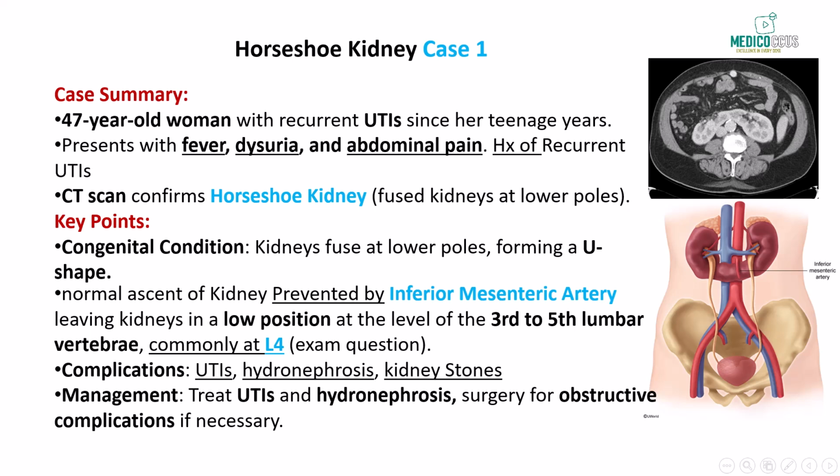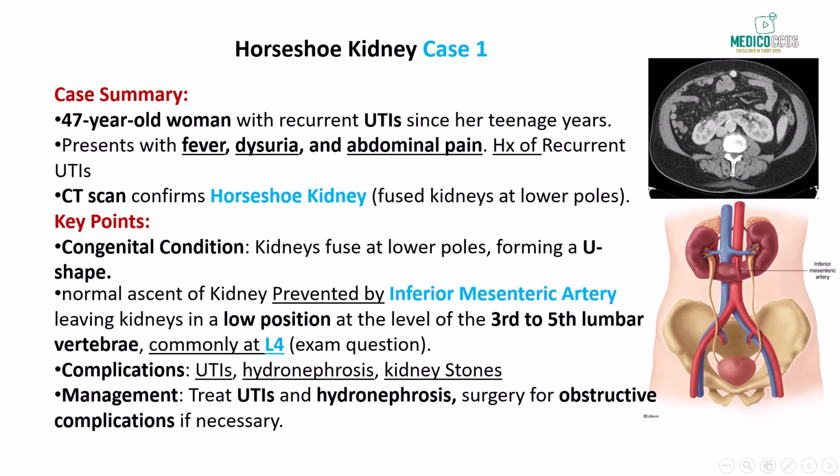She mentions a long history of recurrent urinary tract infections, beginning in her teenage years. A physical examination reveals mild suprapubic discomfort, and a urinalysis shows pyuria and bacteriuria, confirming the presence of an active infection. A CT scan of the abdomen is performed, revealing a fusion of the kidneys at the lower poles consistent